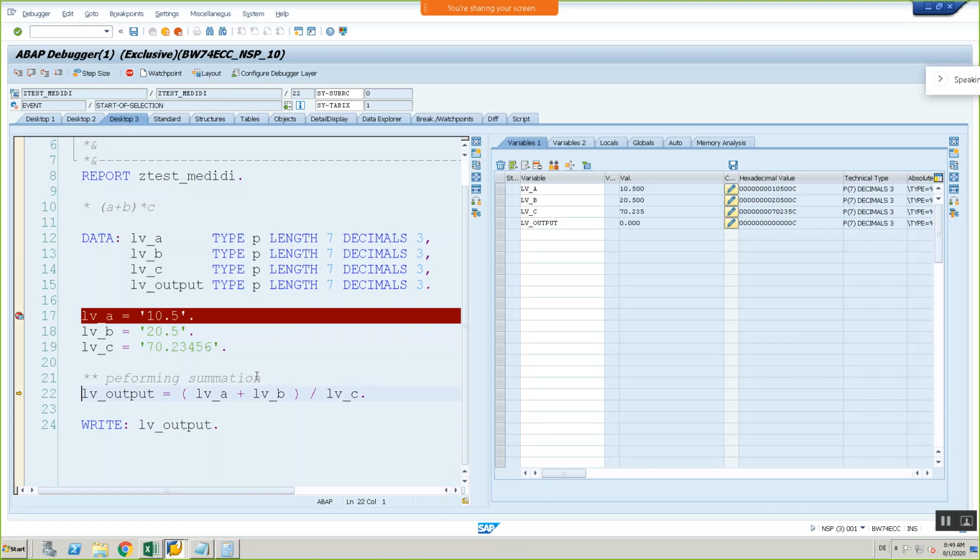Now see here, I gave 70.23456, and I defined decimal places as 3 places, but I tried to pass more than 3 places here. Then what is the system doing? It is rounding these decimals to 3 places only. At my fourth place I have 5, so it rounded up the one before and saved it as 235. Clear? This is not very important to learn, but it gives you an idea how the system behaves. Clear?